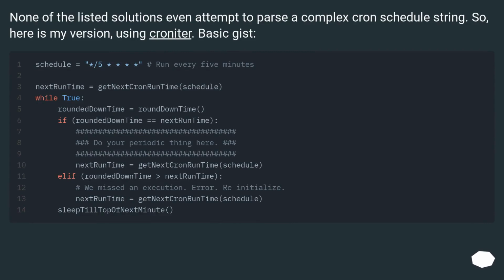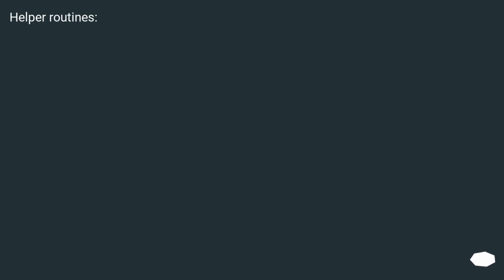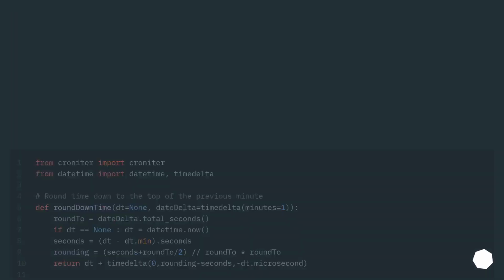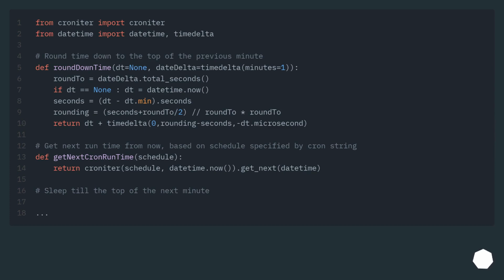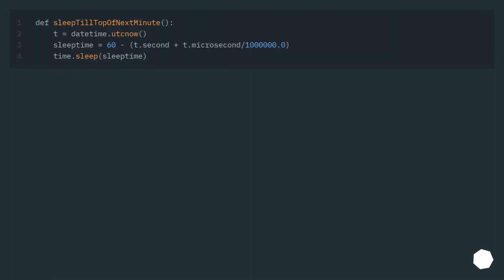None of the listed solutions even attempt to parse a complex cron schedule string. So, here is my version, using croniter. Basic gist. Helper routines. Possible